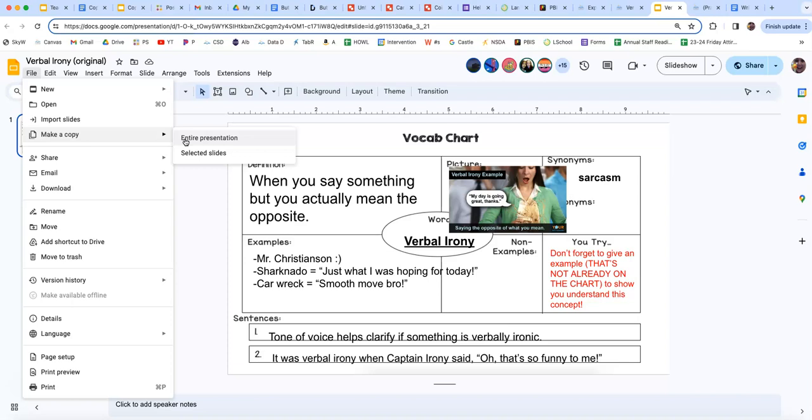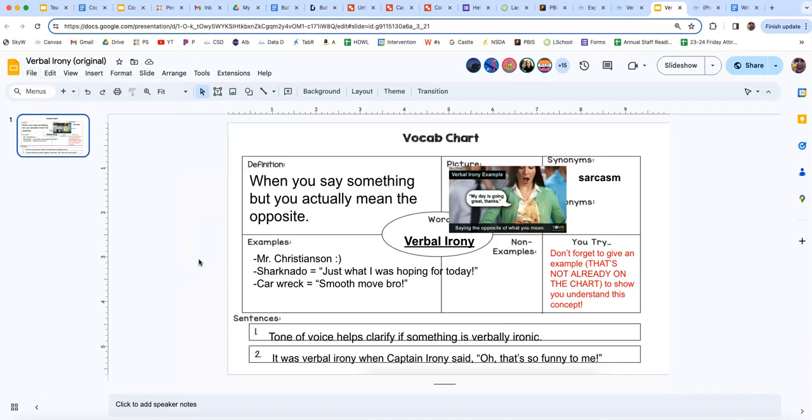But yeah, as soon as the yellow button pops up for you, now it will let you write on this, which you'll have to do in a little bit. The other step you're going to want to do, only because we'll end up having about 26 of these different vocab charts, and just to save your sanity, see where my mouse is wiggling right here on this little folder icon?